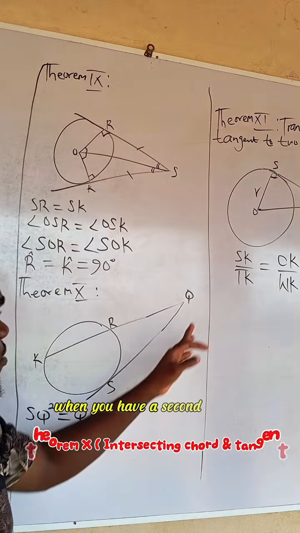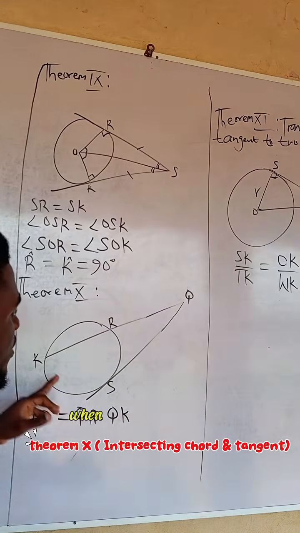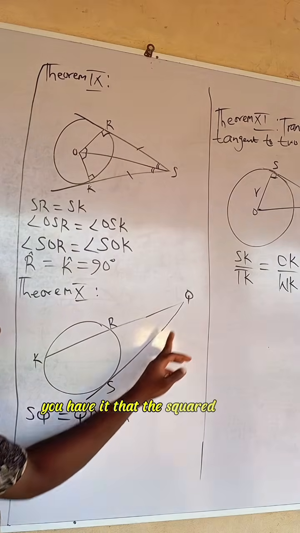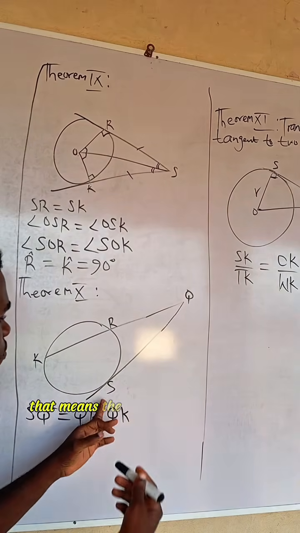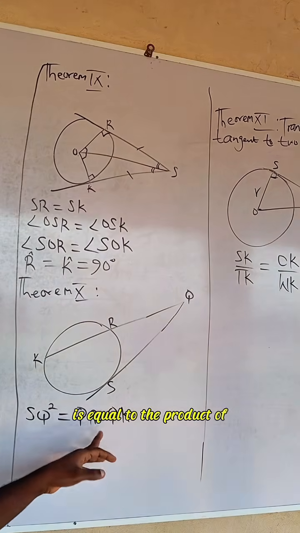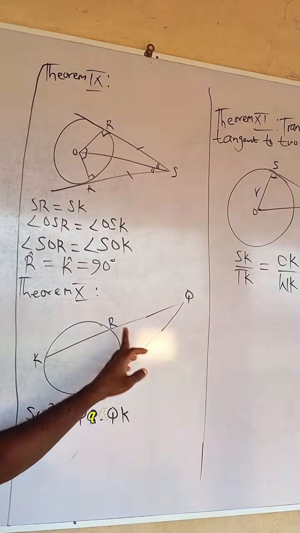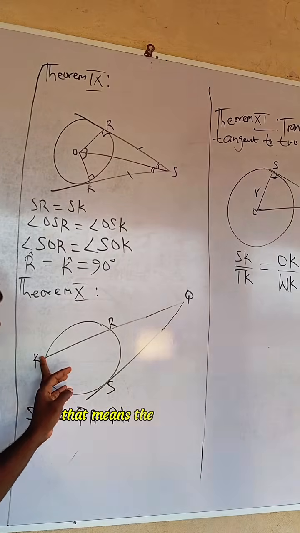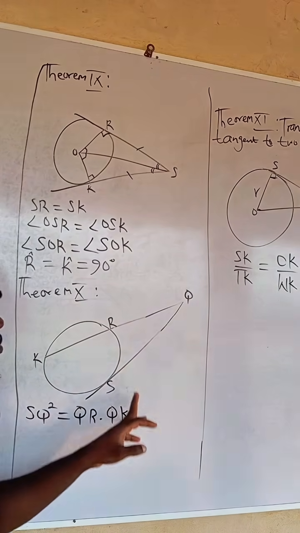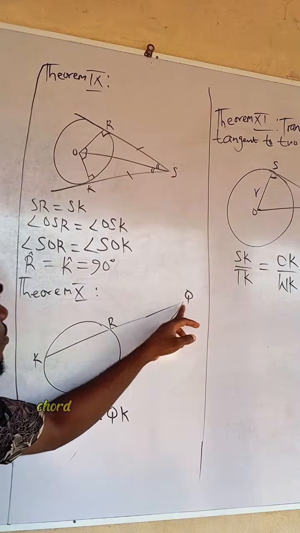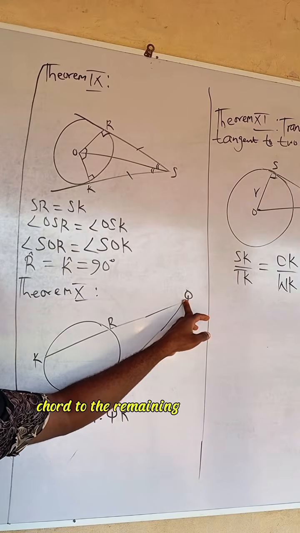Now to the 10th theorem. When you have a secant and a tangent, when they meet at a point, the square of the tangent, that means the square of the distance of this tangent, is equal to the product of QR multiplying QK. That means the entire length multiplying the length from this part of this chord to the remaining part of your